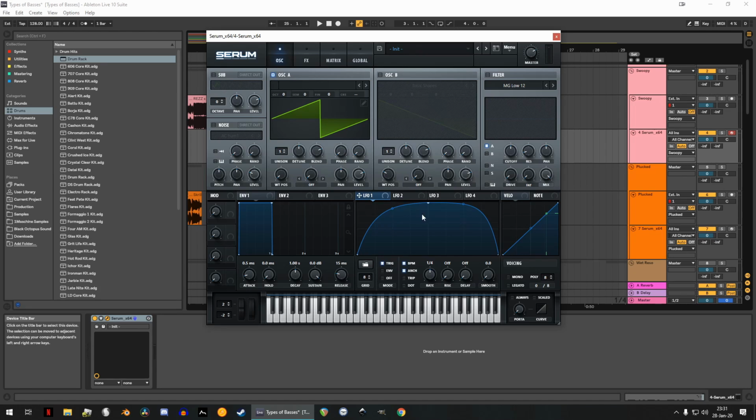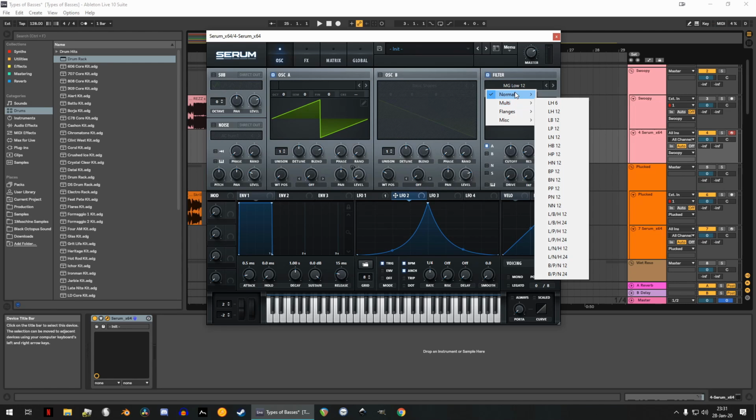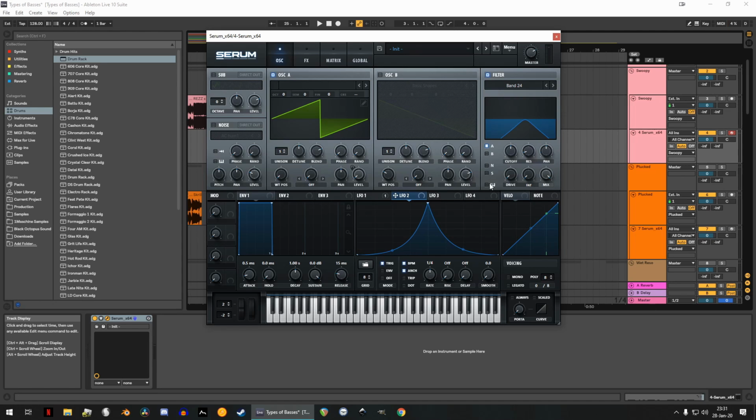The first LFO is going to modulate your level predominantly. The second one will modulate your filter, and sometimes your FM, other things like that. A lot of the swoopy basses rely on bandpass filters. So we'll go ahead and set a bandpass filter, set it to key just for a little bit more movement,